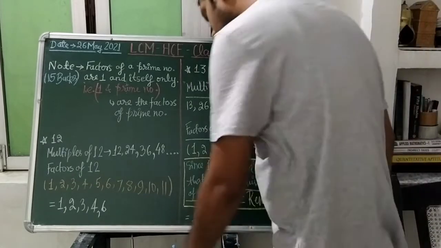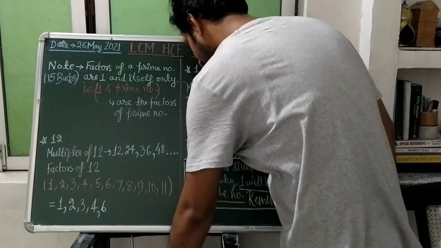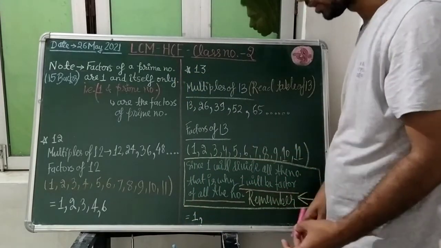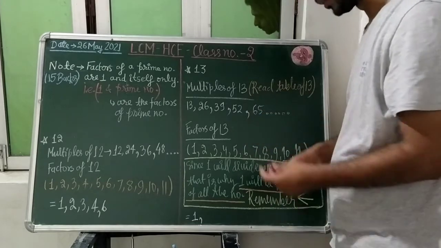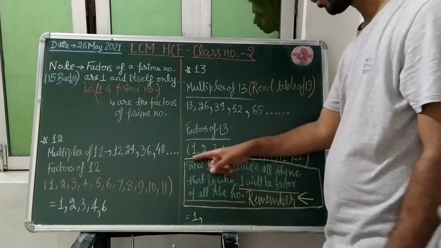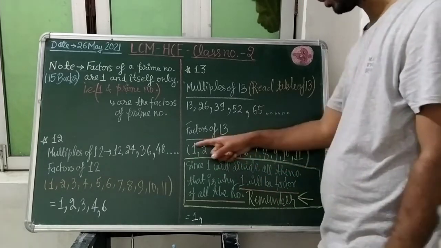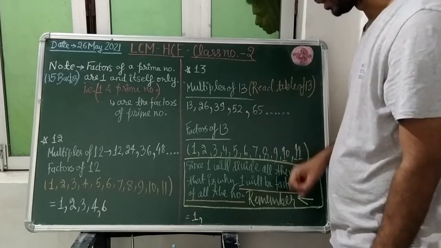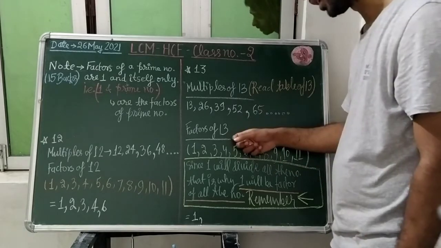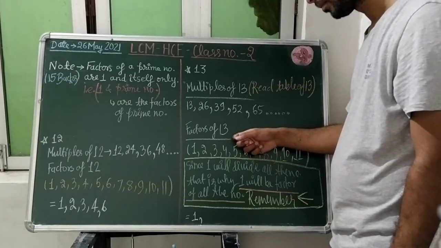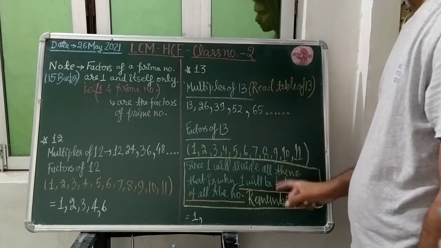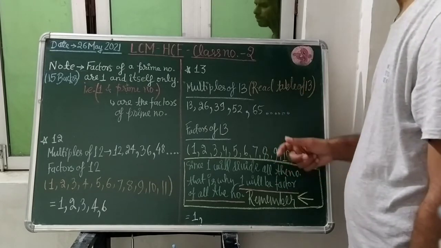So look, students, we have come to reach that 1 will divide all the numbers, that is why 1 will be the factor of all the numbers. And students, when you are selecting the numbers from 1 to 11, you are looking that only 1 is dividing the given number. 2, 3, 4, 5, 6, 7, 8, 9, 10, 11 will not divide this 13. So always a number will have two factors.